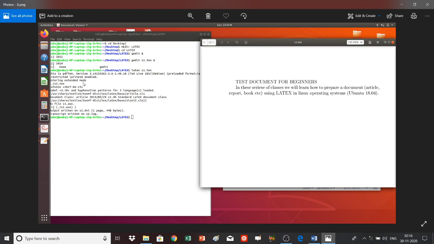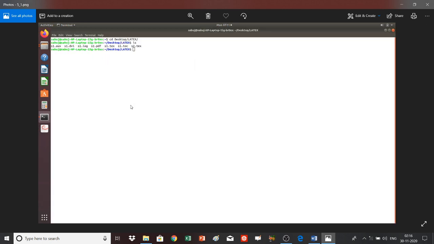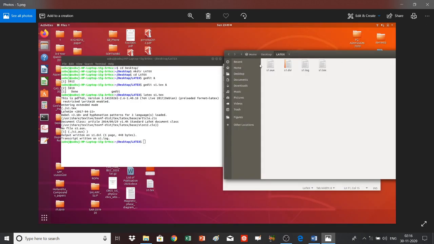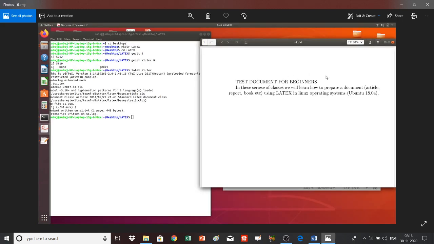Or directly you can go to the mother folder, that means the latex folder, and click this one, and that will open the output, and this is the output. Okay, that we have written there. What we